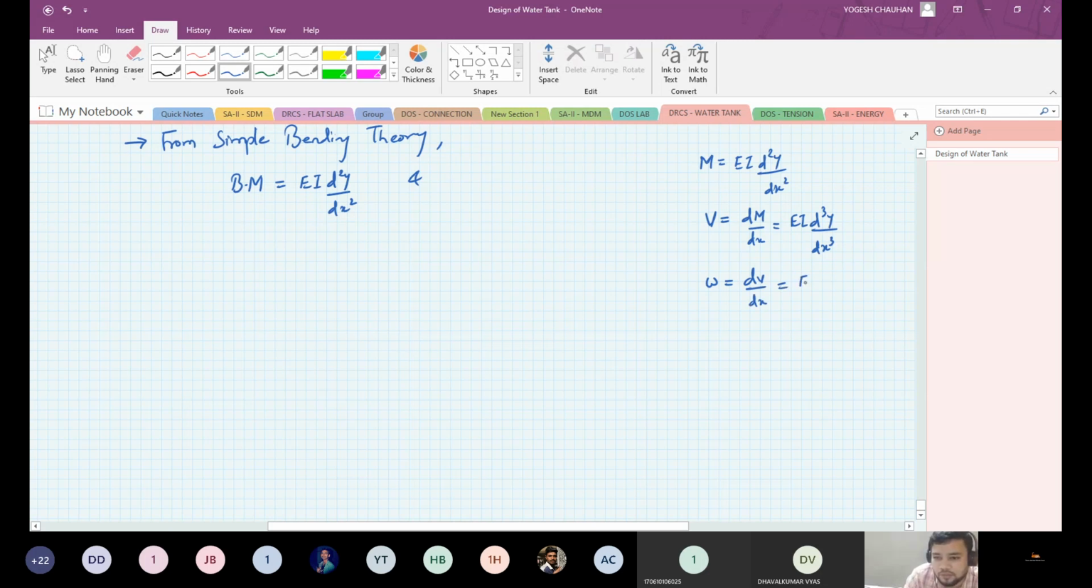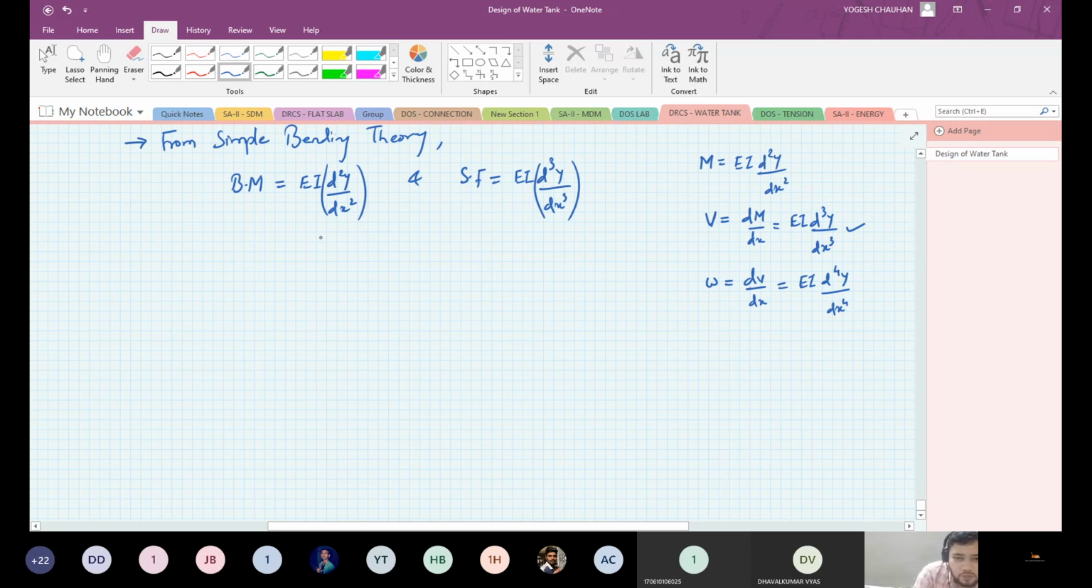So that will be EI d to the power 4 y by dx to the power 4. Here the first derivative, this is the bending moment equation. Bending moment equals EI d square y by dx square. Shear force is equal to EI d cube y by dx cube,